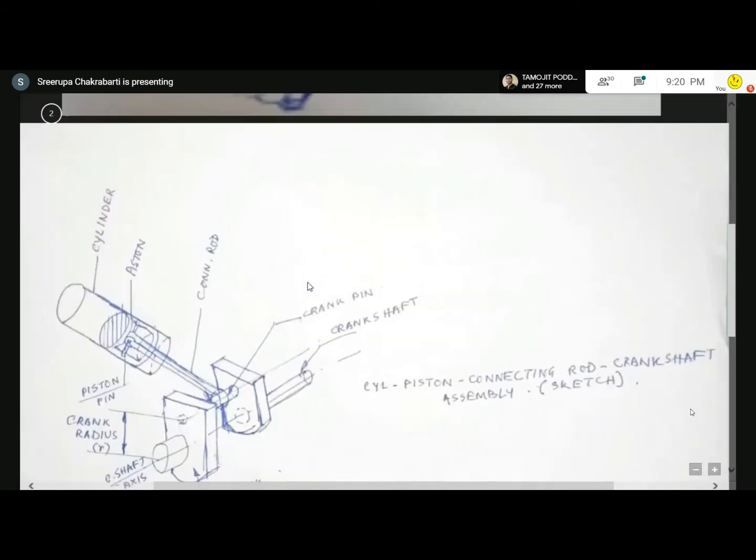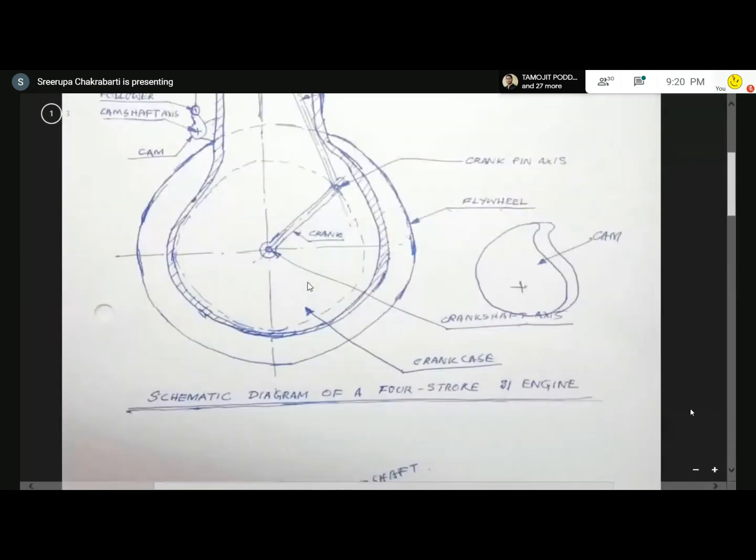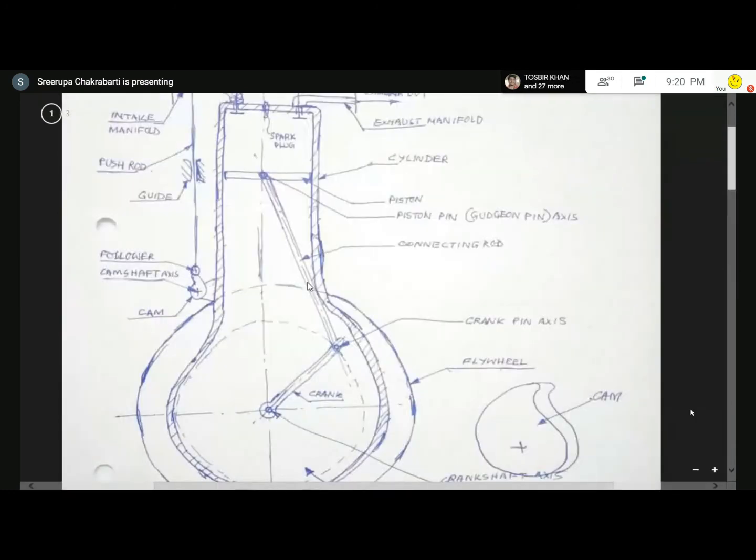You see, this is the piston, no? It moves up and down, so there is a maximum distance that it travels. This is the top dead center. I have not shown it here, otherwise it will strike against the valve, so it stops somewhere here. And there is a point, the bottom dead center, also. That is the stroke length of the piston.